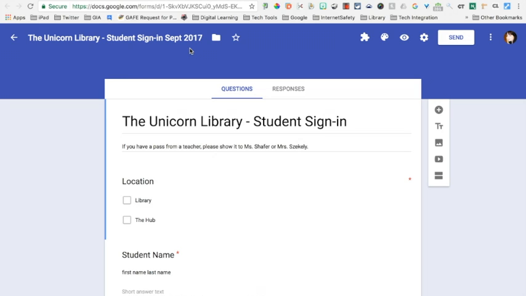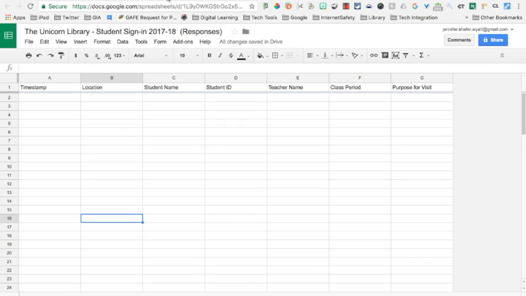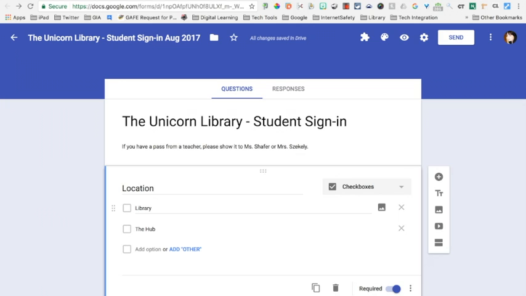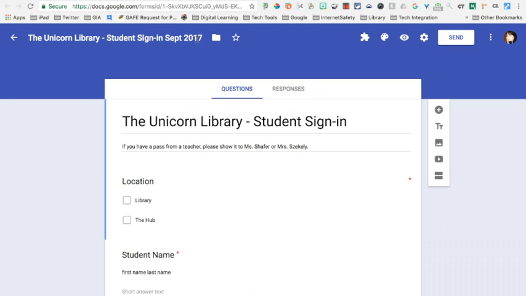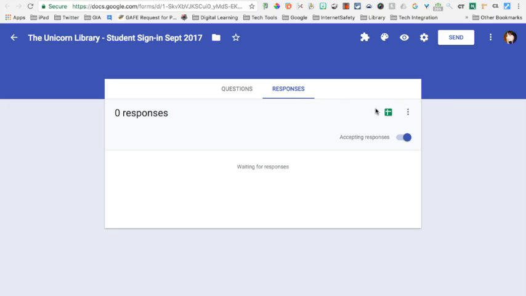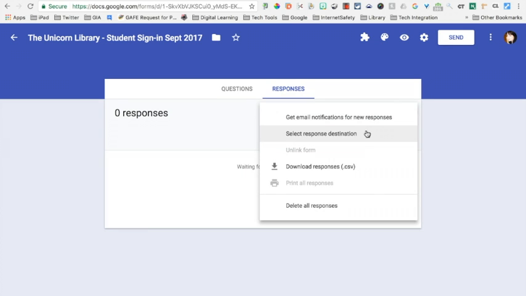Now, the easiest thing when sharing the back side of this so that my teachers can see it is that I put all the results into one spreadsheet. So I have already taken my August form and created this response that has August as the first tab. I renamed it for the school year, so it's 2017-18. And so in order for the next month's information to go there, I'm going to find my September 2017 form. I'm going to select responses, and I'm going to use the more option right next to the spreadsheet icon,